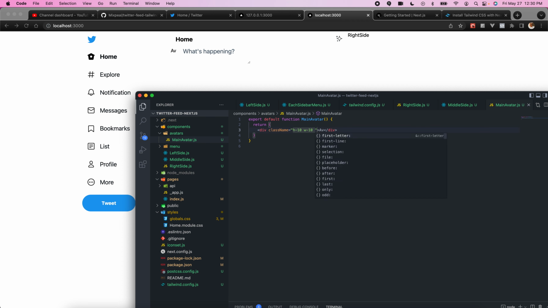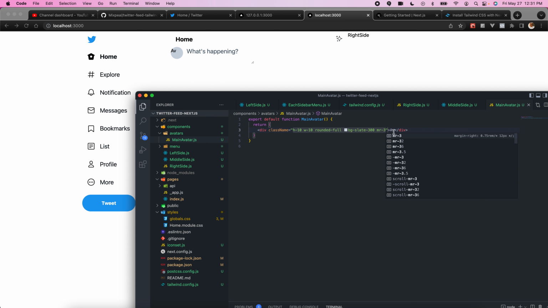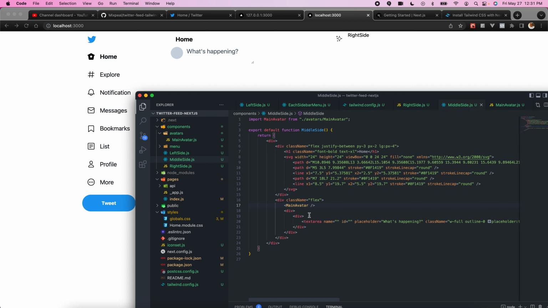Let us add it here so that you can know what is going on. And the range should be full, and the background, let's just call it BG slate 300, and put some margin there. Boom, space. So remove this, don't need that. Okay, and let's go back here. Now here, what's happening here is that